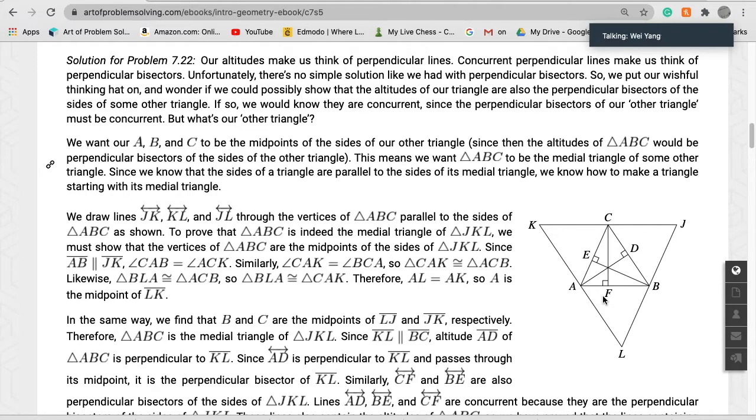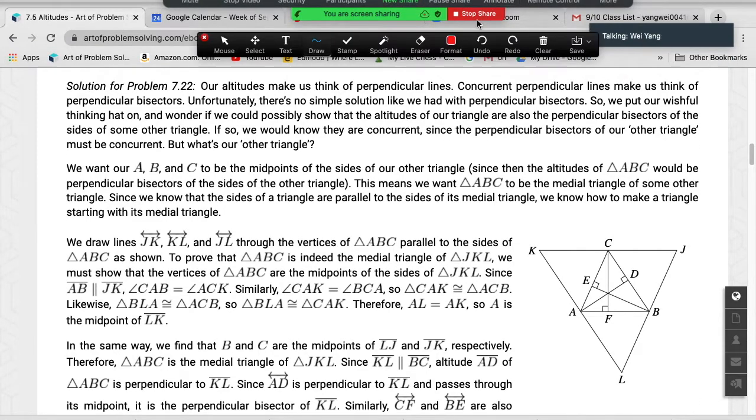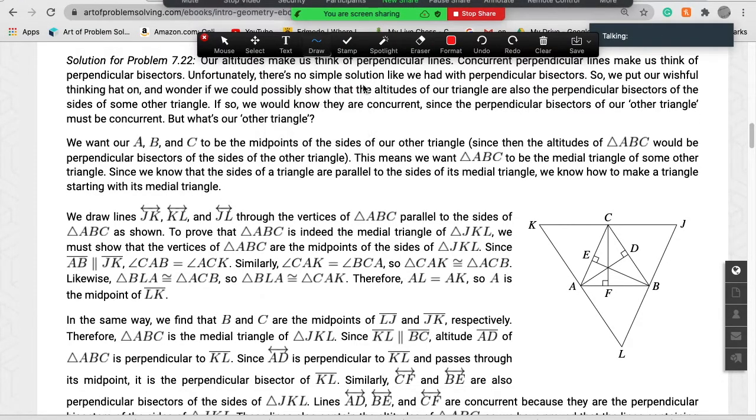This is very easy, right? So first, let's see. Because we drew KJ